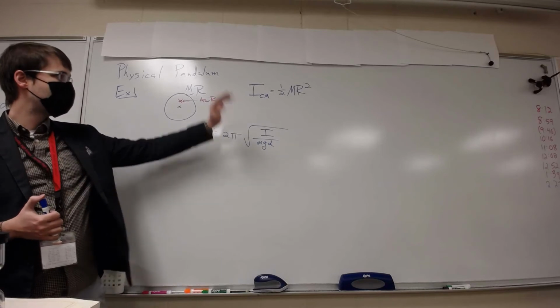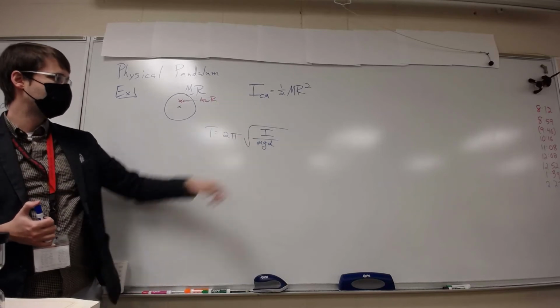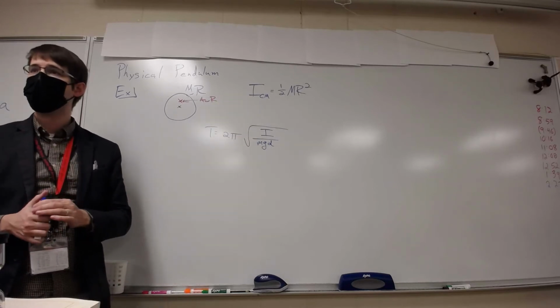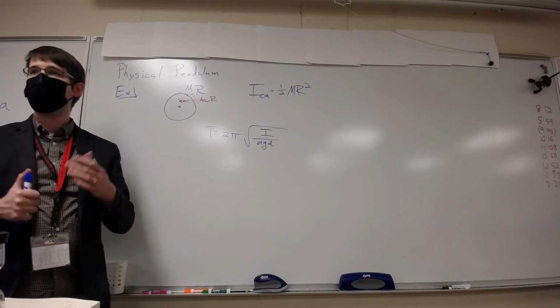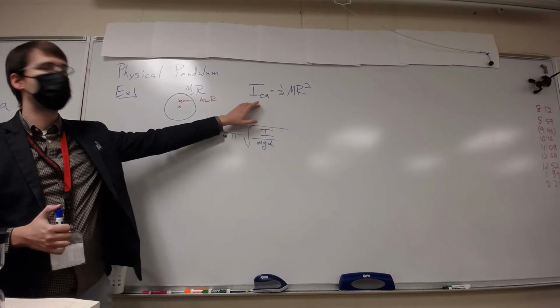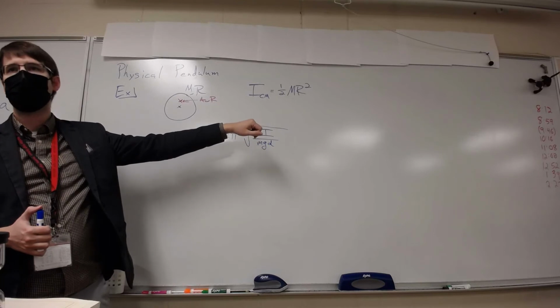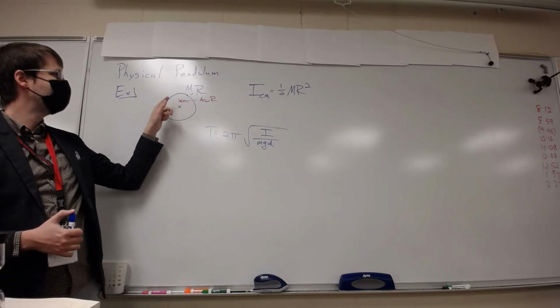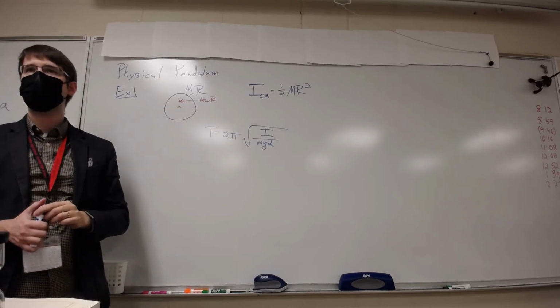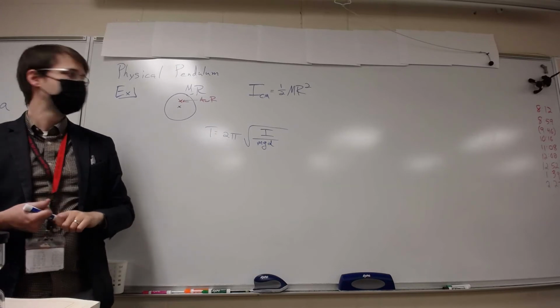So do we just plug in 1/2 mr squared over mgd? Nope. No. It's not going to work because this is the rotational inertia about the center of mass. So how do we figure out the rotational inertia about here? Parallel axis theorem. We're going to ask Pat. Parallel axis theorem. So Pat says